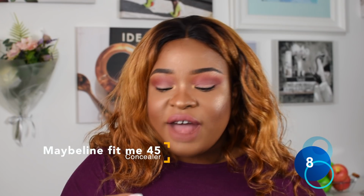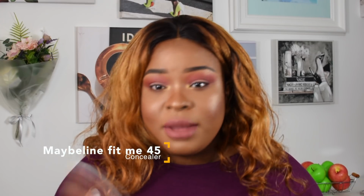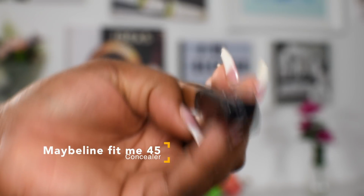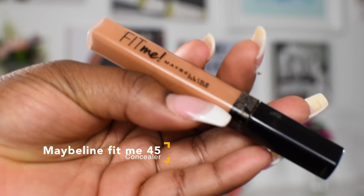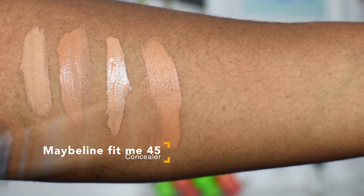My number 8 concealer, my least top 8 concealer, is Maybelline Fit Me Concealer in number 45. This concealer is not the favorite concealer people are talking about that they love, which I have here. I'm going to show you guys in a minute. But this concealer is shade number 45. The reason why I like it is because it really has that deep, warm undertone, like golden undertone, like you can't miss it. I'm going to show you guys a comparison of all the concealers. But the only reason I don't